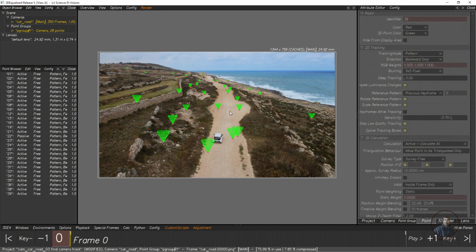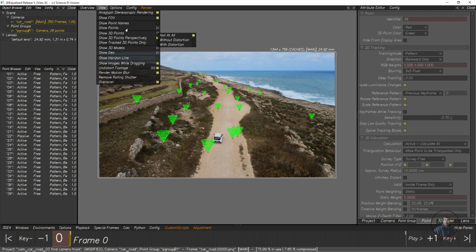So if you want to hide all these points, then simply you can hide them by clicking on this View and this Show Point, and just click on Selected Points Only. So this will not show any point because here I have not selected any points. But again, just click on this Current Point Group here. So this will just show you all 2D points on our selected point group here, but this totally depends on your requirement, what you want to render. So if you don't want to render, then simply you can use this option.